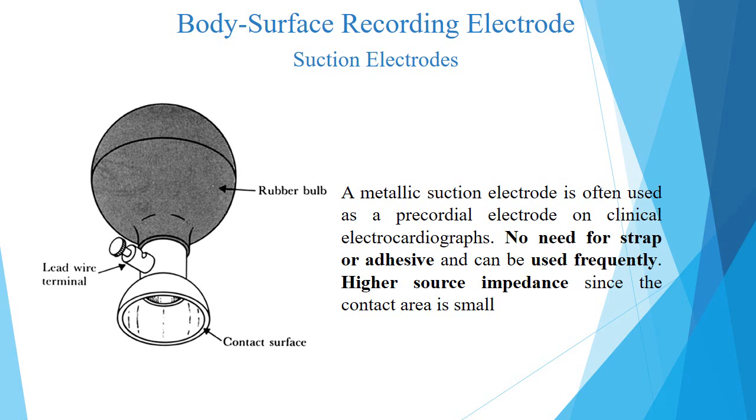We have already seen 4 types of surface electrode, and the suction cup electrode is the last of the surface electrodes. This suction electrode is more practical and is well suited for attachment to flat surfaces of the body and to regions where the underlying tissue is very soft. Although physically large, as you can see from the figure, the suction is at the top with the rubber bulb and it is connected through a lead wire terminal. This electrode has a small area because only the rim is in contact with the skin.